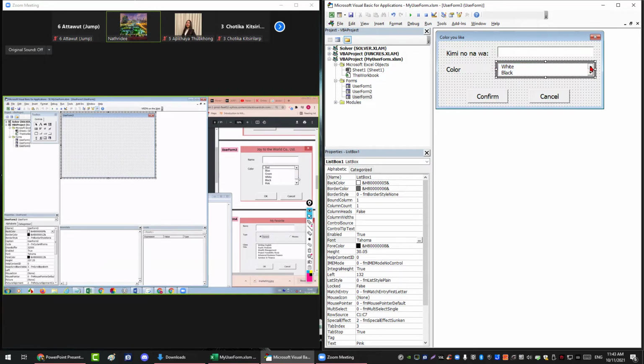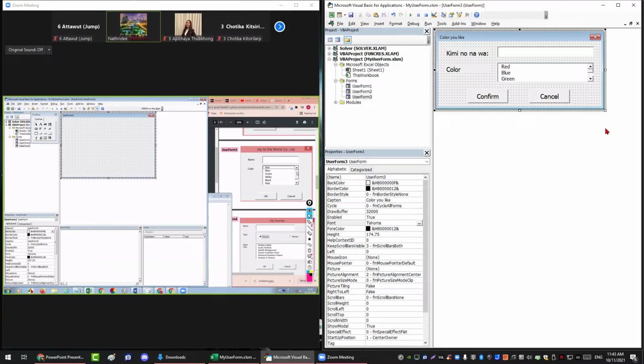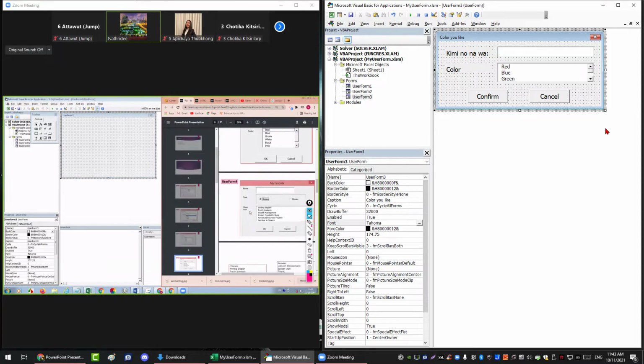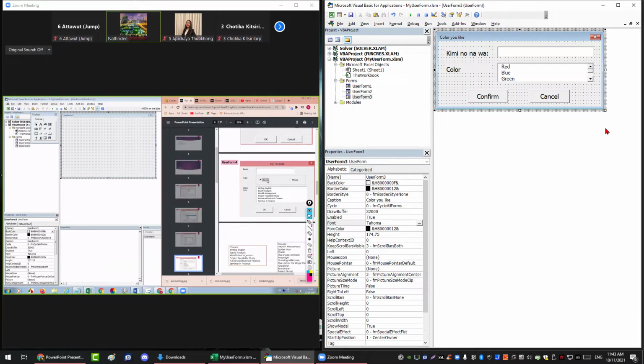Yanisa uses a combo box. If you use a combo box you can have things like a scroll bar on the right. That's the difference between the two. Okay, so I would like you to do the next one here. If you choose English class it should show this, if you choose movie it should show another. So it's the